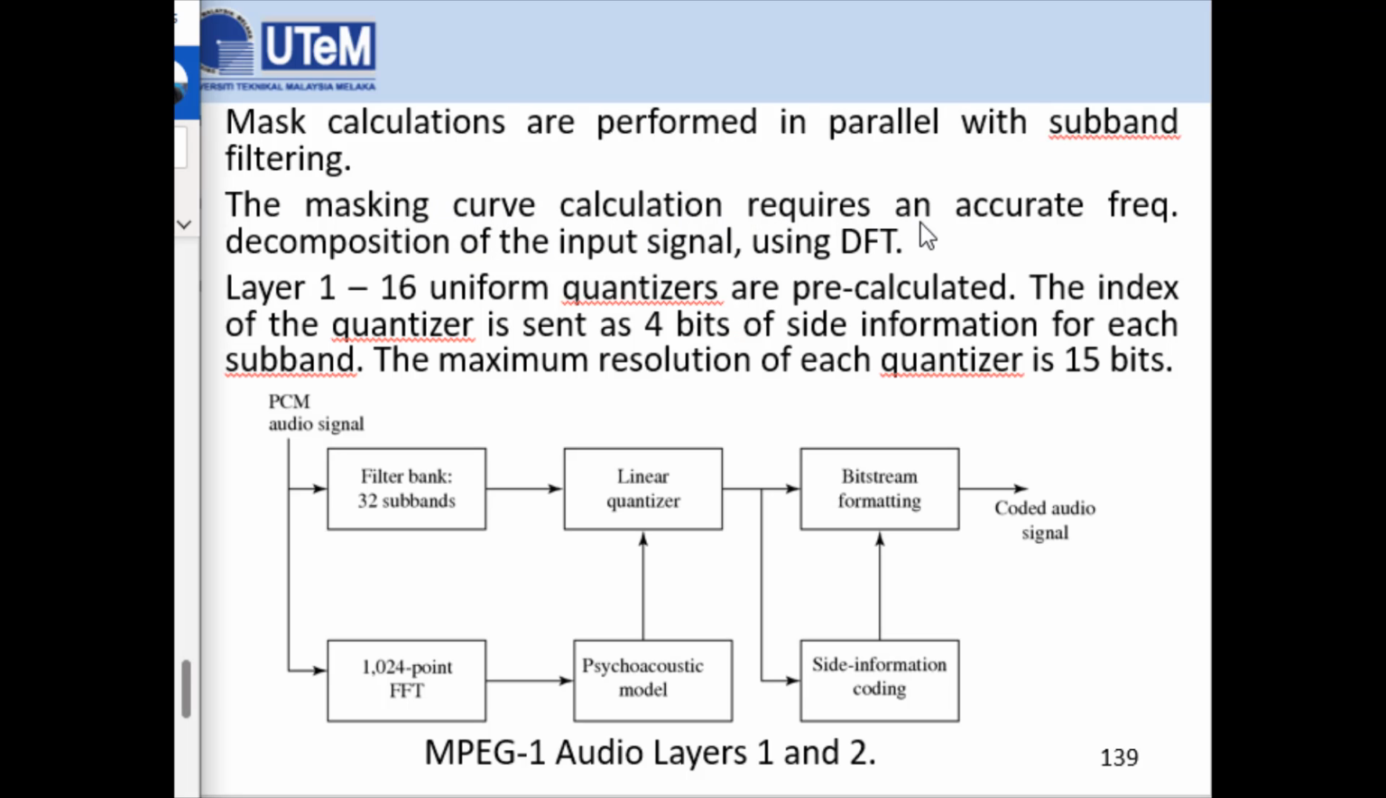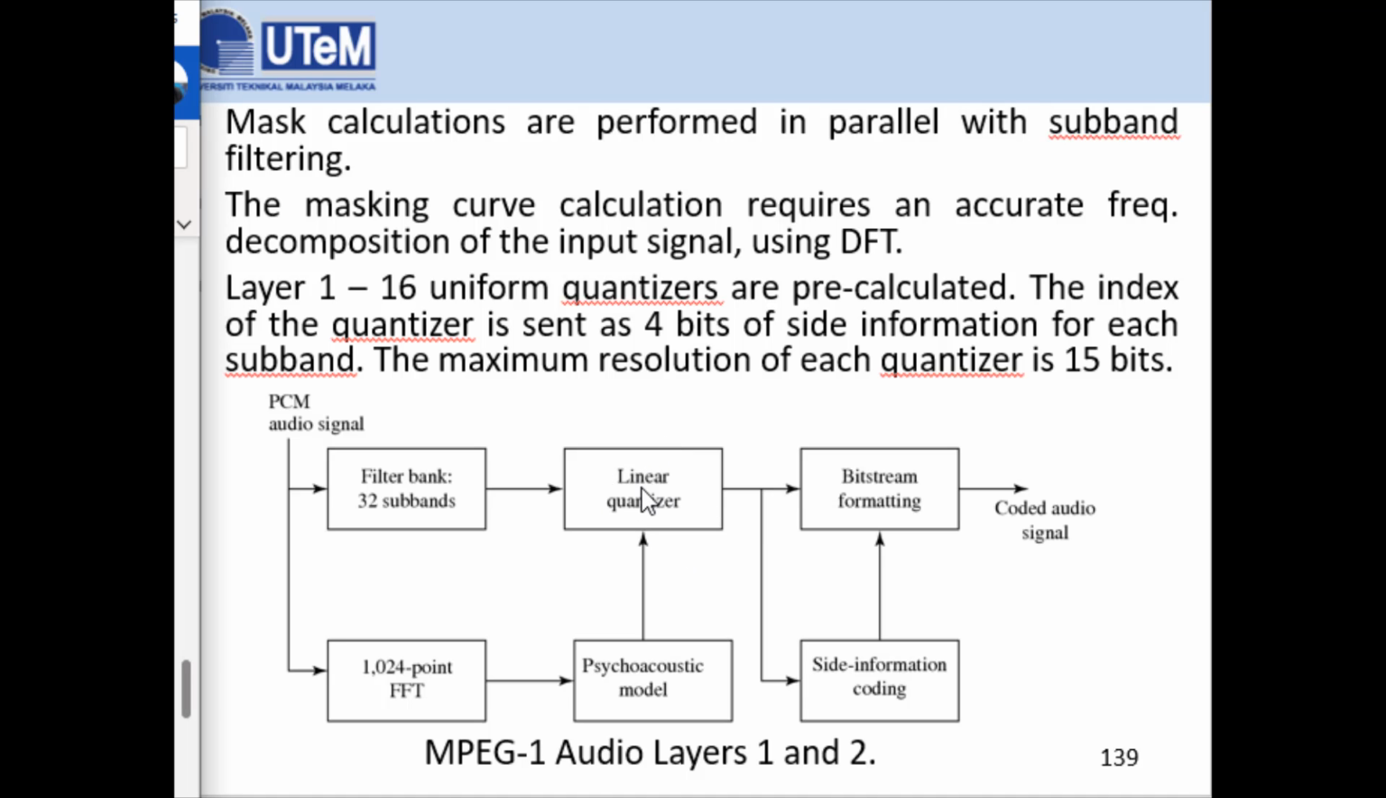The masking curve calculation requires an accurate frequency decomposition of the input signals, which is a frequency domain mapping, and this can be done by using DFT, discrete Fourier transform. So this is the block diagram for MPEG-1 Layer 1 and MPEG-1 Layer 2 audio compression. So you can see here the frequency domain mapping is done by using the filter bank with 32 subbands, and the same input goes through the psychoacoustic model before it is encoded with